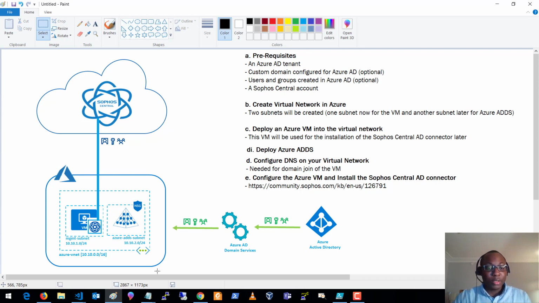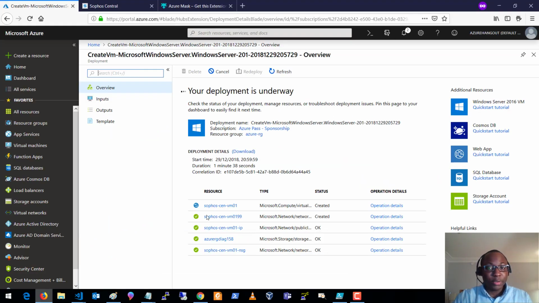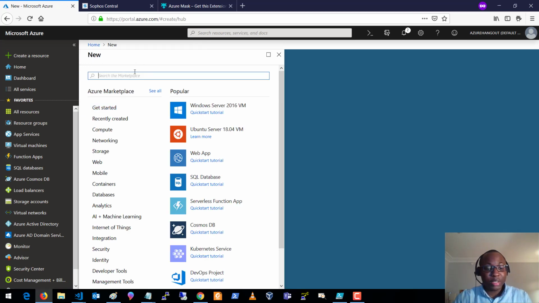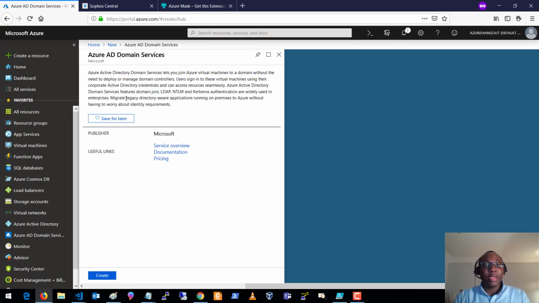Okay, so going back to the Azure portal, while the VM is still deploying, I'm going to click on create a resource, and I'm going to type in Azure AD Domain Services, and you can see that over here. So this is a managed service. It supports protocols like LDAP. It supports NTLM and Kerberos authentication. I'm not going to go into details of what Azure AD DS does, but it's essentially